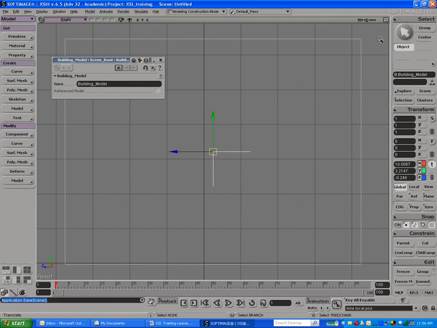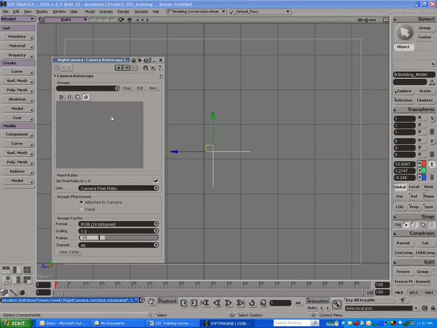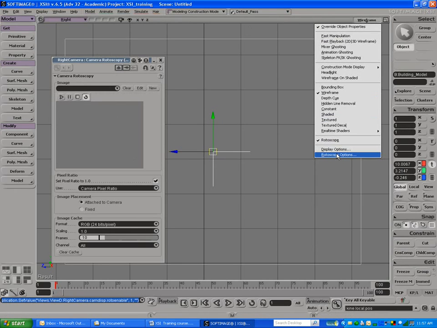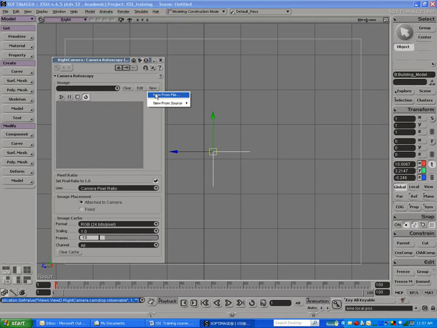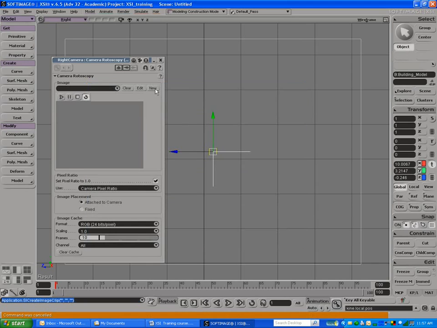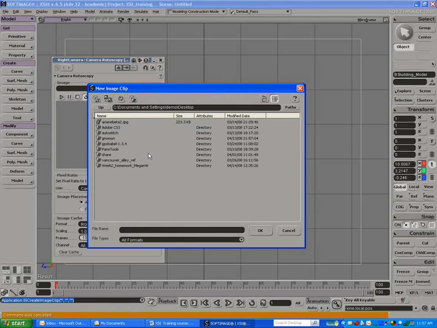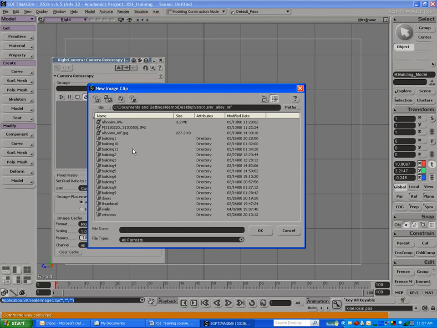So you can take a view, and we can go to rotoscope, and the first time you go to rotoscope, it's going to bring you to rotoscope properties, or if you want to change it, you can go rotoscope options to change it. We're bringing a new image from file. You can see right now there's no source images apart from no icon, and we'll locate the image. I have it located on my desktop, my Vancouver Alley reference,